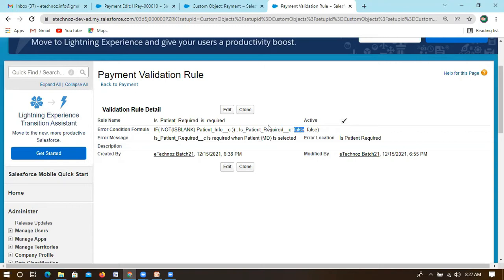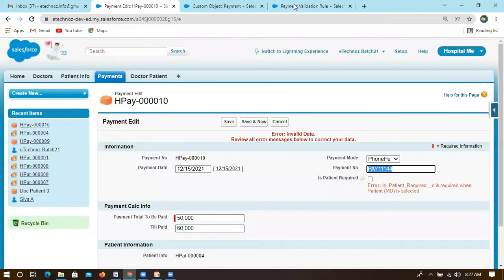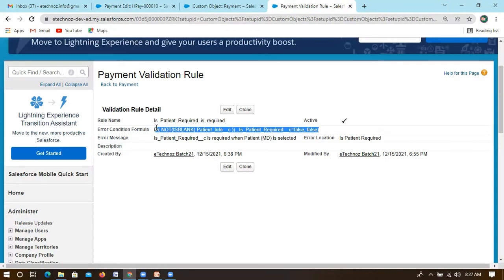But if it is a text, you just need to mention is blank, or not is blank, so it should not be blank. So you have to mention here within the true, not is blank, and then the field name, payment number. So this is the criteria which we have just checked.